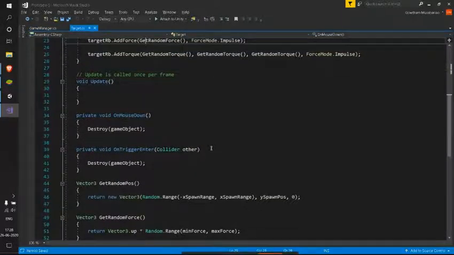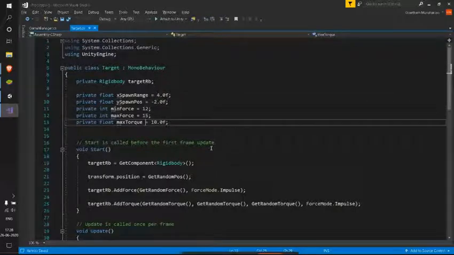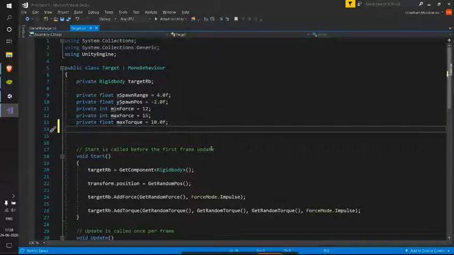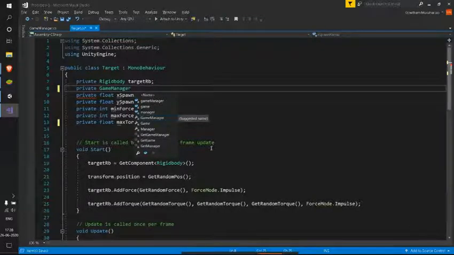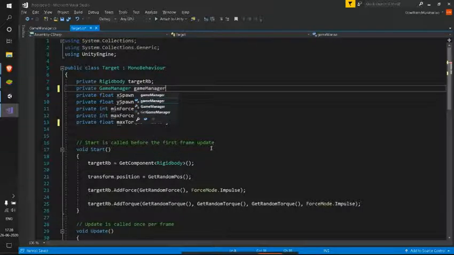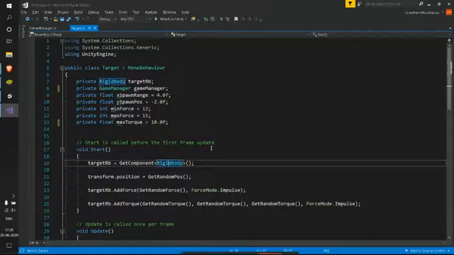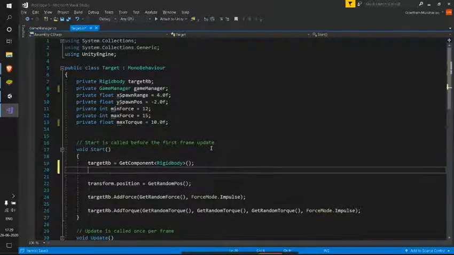See, first we need to create this variable, and I can do that over there. Here I'll call this private, and we need game manager, right? So I gave this the type game manager, and I'll call this game manager itself. Now I have declared this game manager variable, but I have to initialize that, right? So let's go to start, and in this, let me initialize game manager equal to.